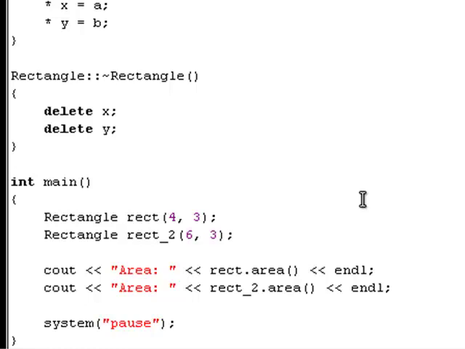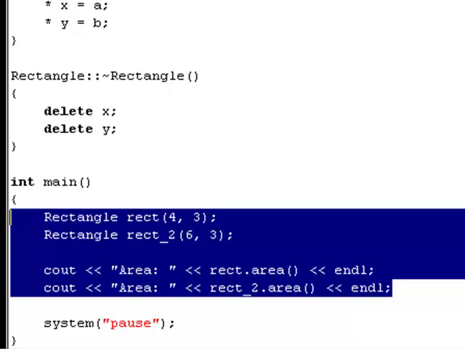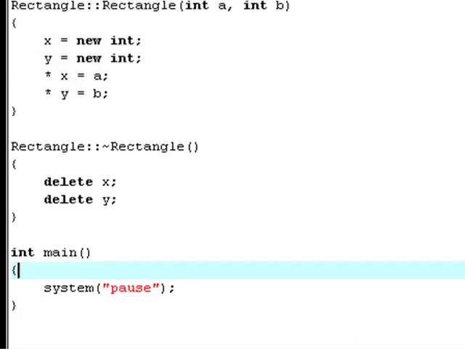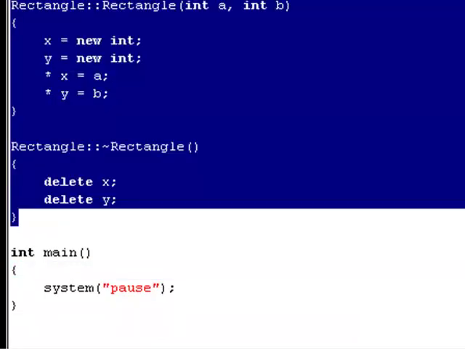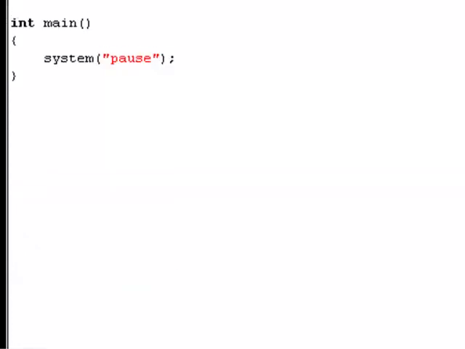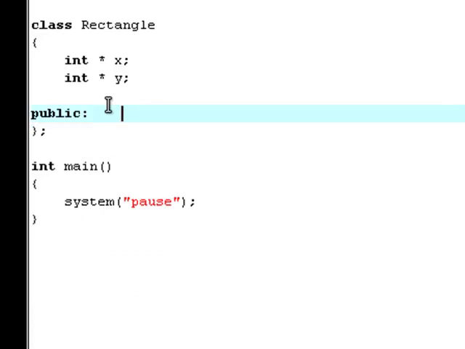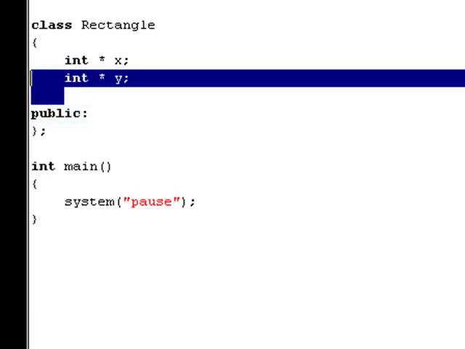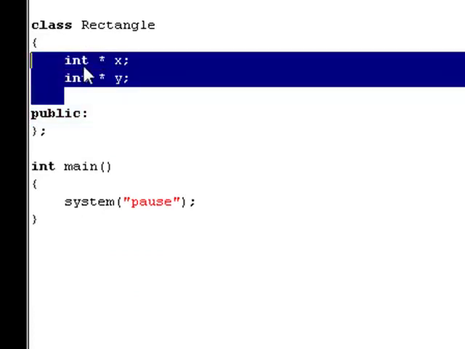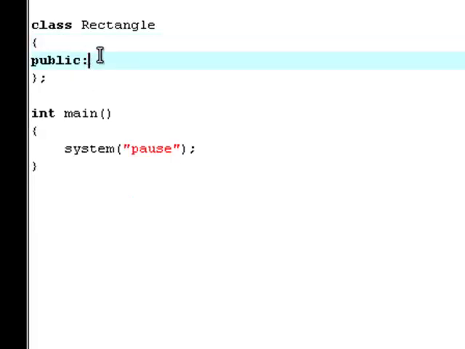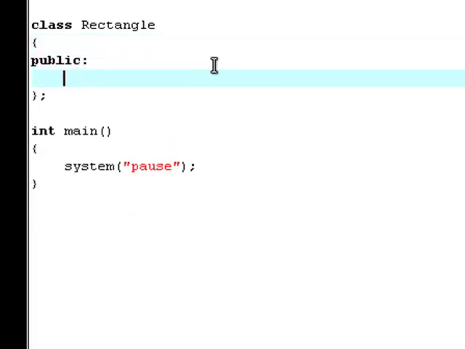I'm kind of sick of this old classes.cpp file, so we're going to delete pretty much everything that's in it. So clean up your engine, only have the pause statement. Also erase this and the error method, and this one too. These int x variables right here, we don't need them. Now we're just going to do